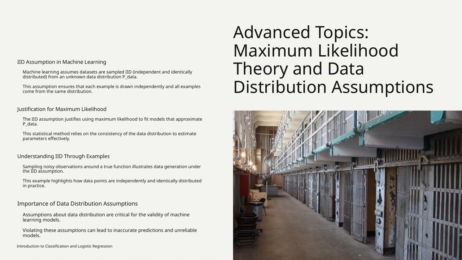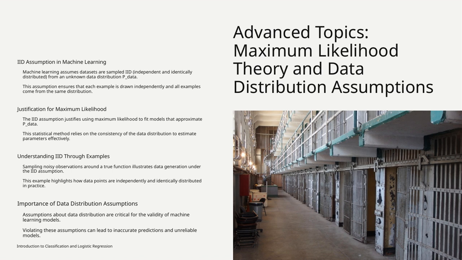This is a crucial point because it ensures that each example in our dataset is drawn independently of the others, and that all examples come from the same underlying distribution. This IID assumption is fundamental because it justifies using maximum likelihood estimation to fit our models. When we assume our data points are IID, we can rely on maximum likelihood to find the best parameters that make the observed data most probable under our model. It's a statistical approach that hinges on the idea that the data distribution remains consistent, allowing us to make effective